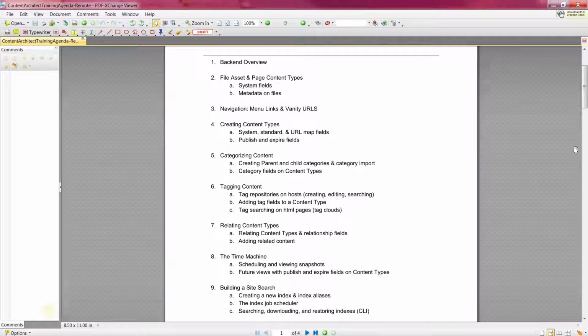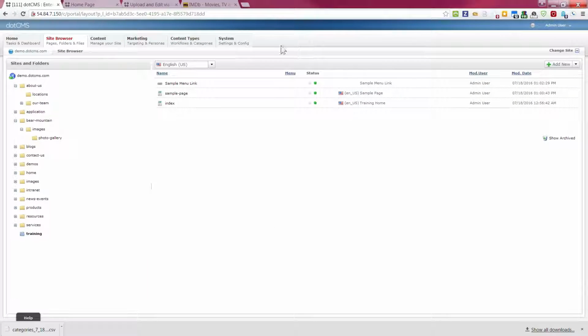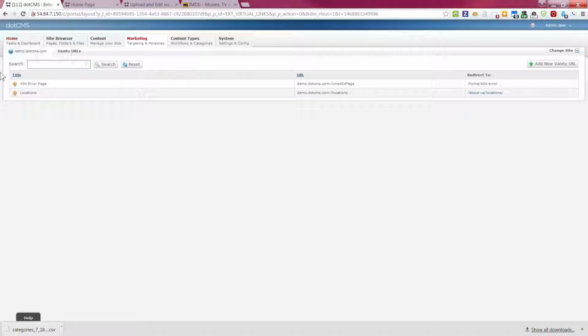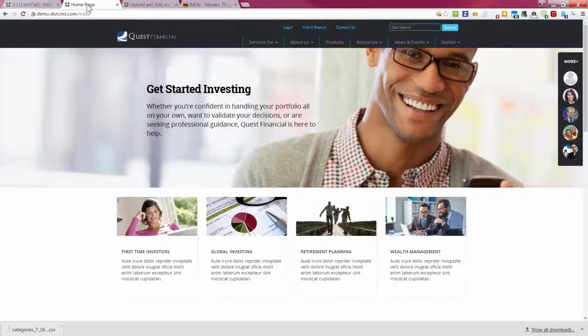So let me talk about that a little bit more right now. So in the Vanity URLs, under the Marketing tab, if you select Vanity URLs in dotCMS, you can use the Vanity URLs to give you another link to any URL. This again, like the menu links, can link to a URL on your site or a link to a URL on a different site. And how the URL displays to the user in the user's browser is going to depend on how you specify the Vanity URL. So again, if I look at the navigation here on my front end,